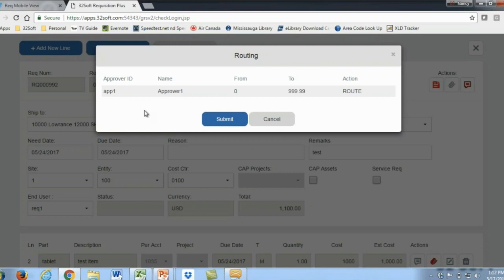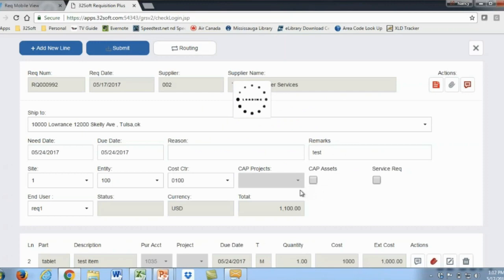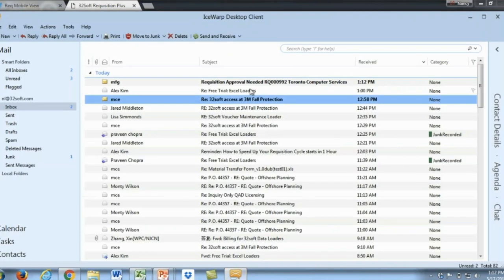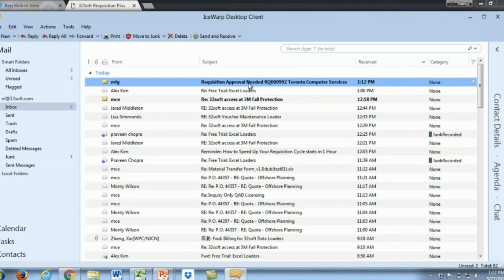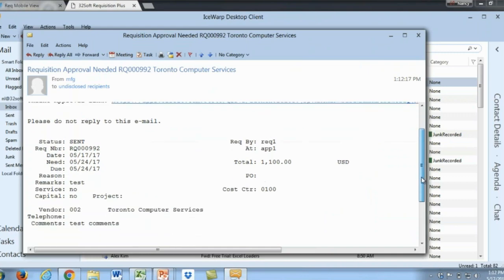The user doesn't have to select anything. The first one is always approved, and then you just hit submit. And now it's routed to the approver. So what you'll see here is the approver will get an email, and the email will let them know